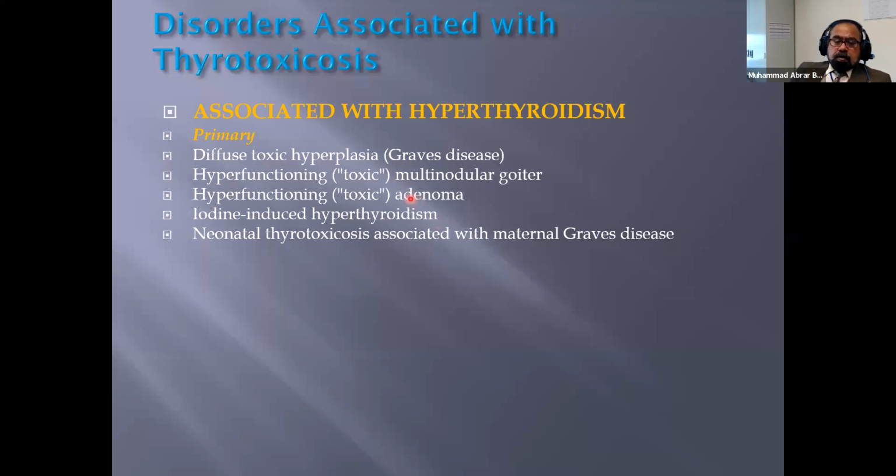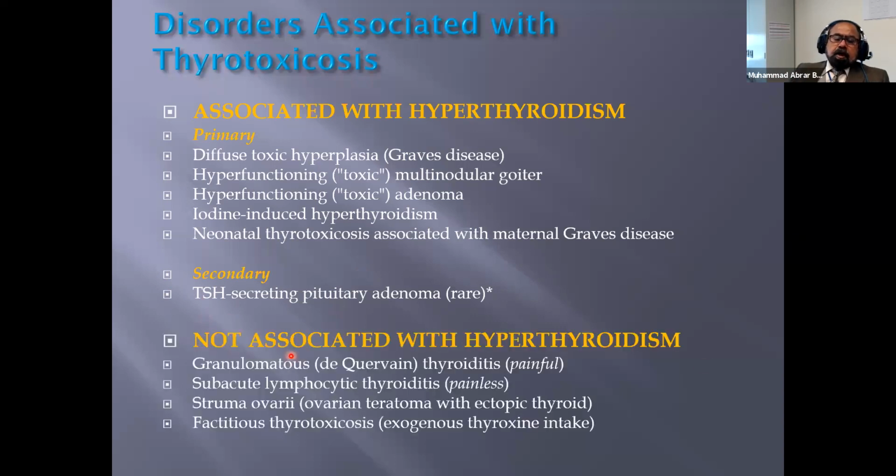But as the baby is born, usually this hyperthyroidism slowly and gradually comes down, and the baby becomes normal within 6 months of time. In secondary, TSH-secreting pituitary adenoma, sometimes the benign tumor of the pituitary starts secreting excessive amounts of TSH, and this TSH goes and stimulates the thyroid gland to secrete more and more thyroid hormone.